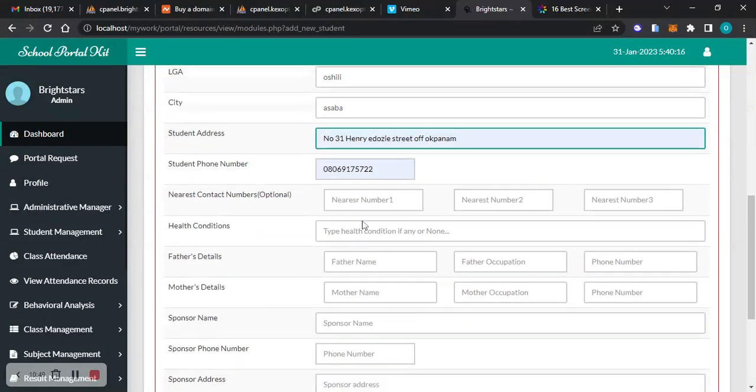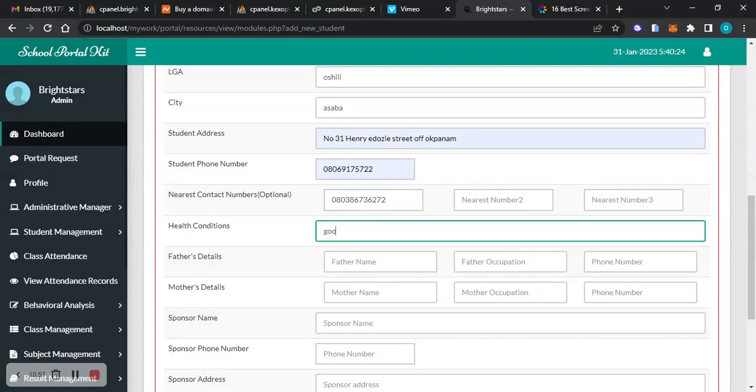Nearest number, condition good, father's name Gerard, occupation engineer, and mother's name, I have Esther,